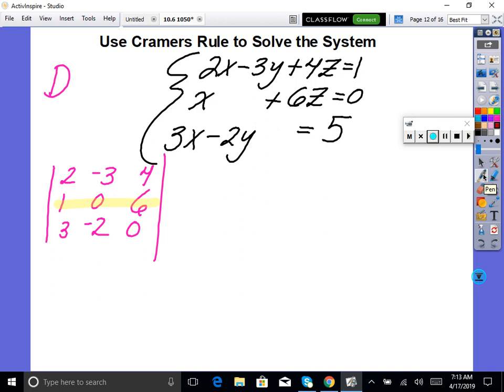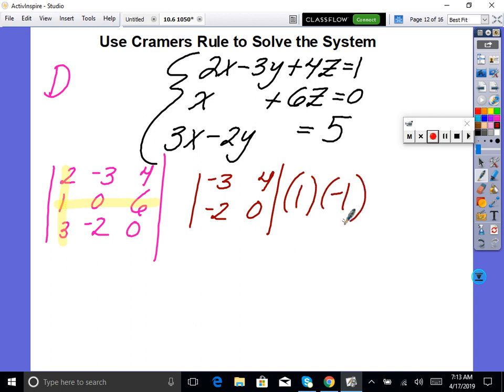So then what's going to matter? Is this one going to matter? No, because 0 will be my constant. This one matters though. So let's eliminate this one right here. So I would have the determinant negative 3, 4, negative 2, 0. Then we'll be multiplying that by our constant of 1 times negative 1 raised to the 2, 1, so to the third. 2 plus 1 is 3. Then we'll be adding that to,